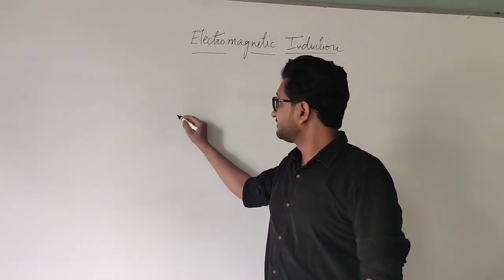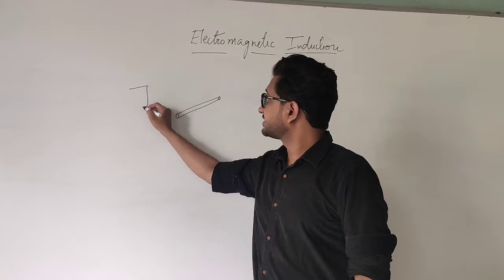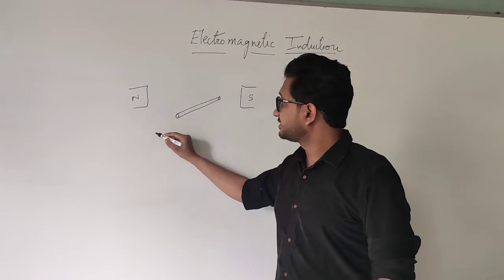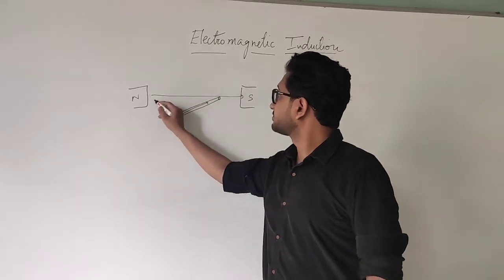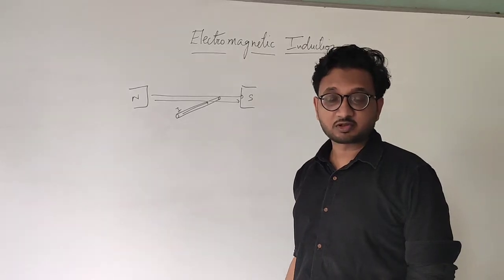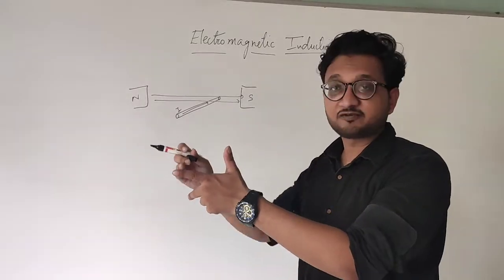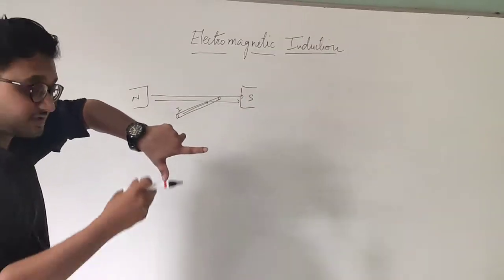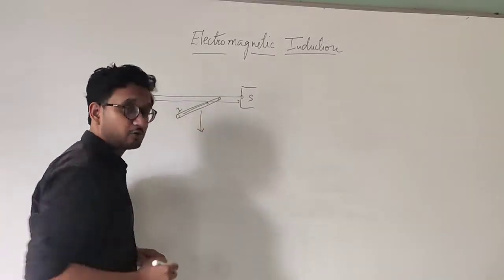We studied that if this is a conductor, and it is placed in a magnetic field. This is north and this is south. And current I is passed through it, and the magnetic field moves from north to south. We know that it will experience force. How? So we take this left hand, the current is moving in that direction, magnetic field is in the opposite direction. So as you can see, magnetic field in that direction, current in that direction, and my thumb is in the downward direction, which means that this conductor will move downwards.